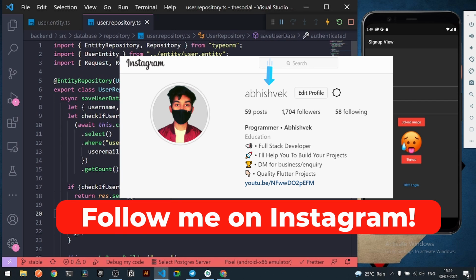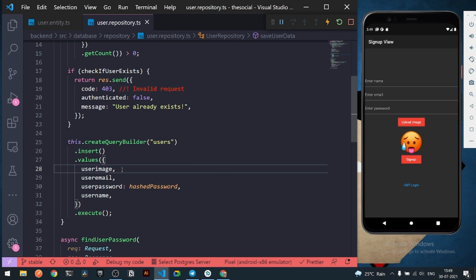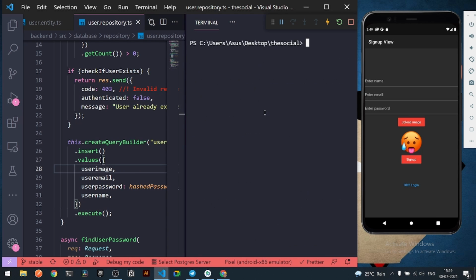Once I've got the argument of user image, along with our entity, I can start my server one more time. I go under my backend folder and say npm run dev.